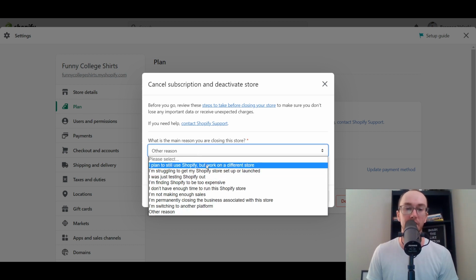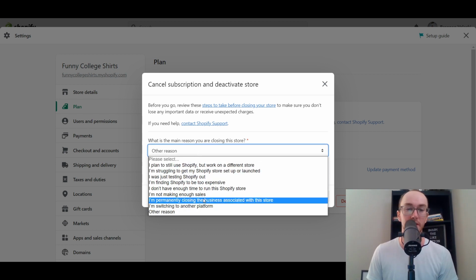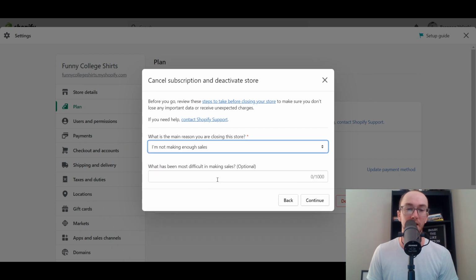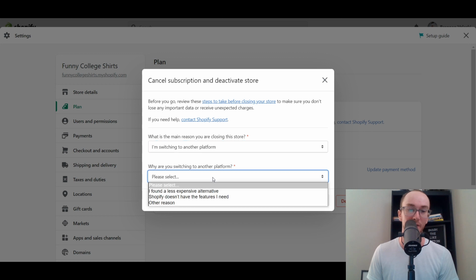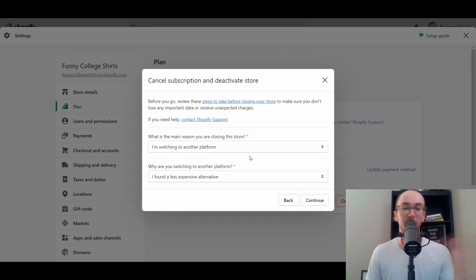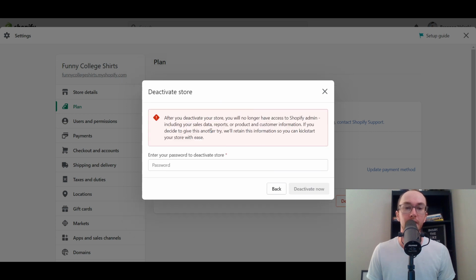So you go ahead and select any of the options here. Let's just say we're not making enough sales. Oh, and what's been most difficult in making no sales? What platform are you switching to? Maybe a less expensive alternative, something like that. So you go ahead and select that here. And then once you've selected the option and the reason why you're closing the store, you just go ahead and click continue. Then after that, they're going to ask you to enter your password to deactivate the store